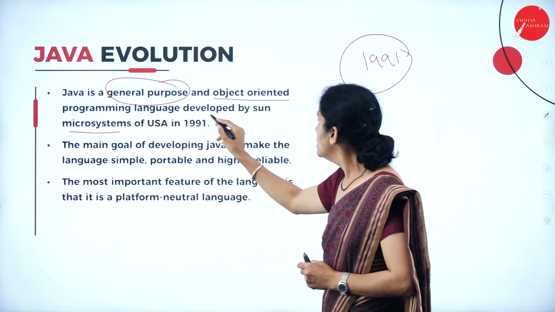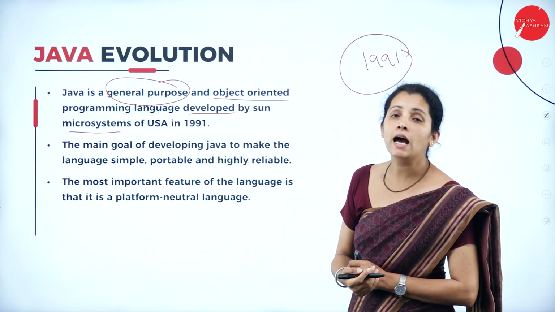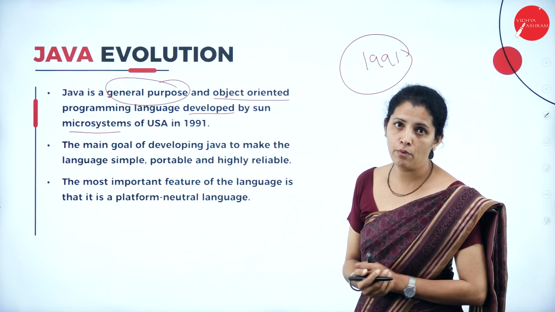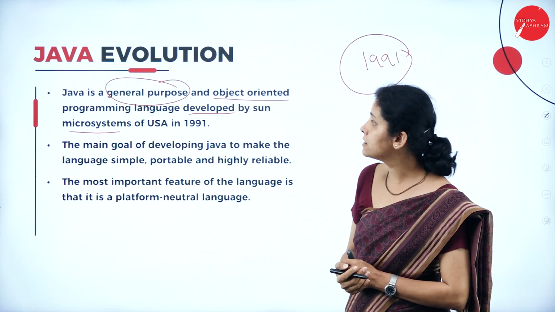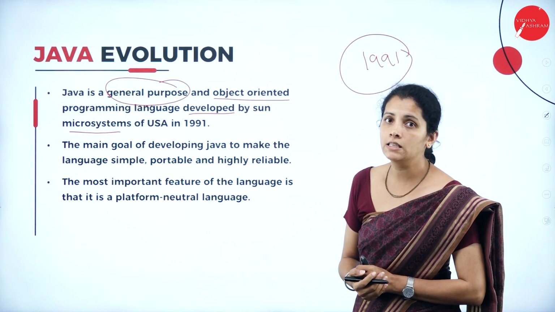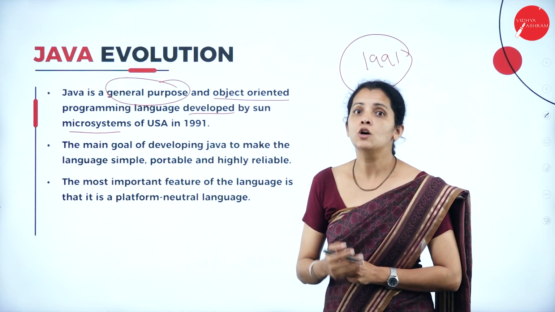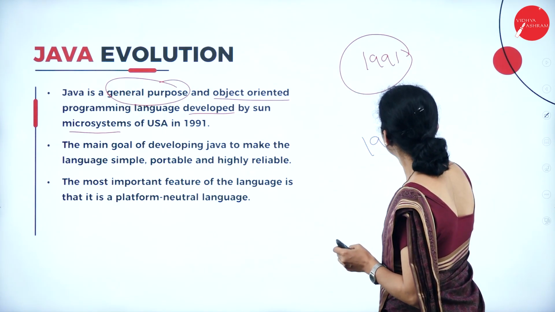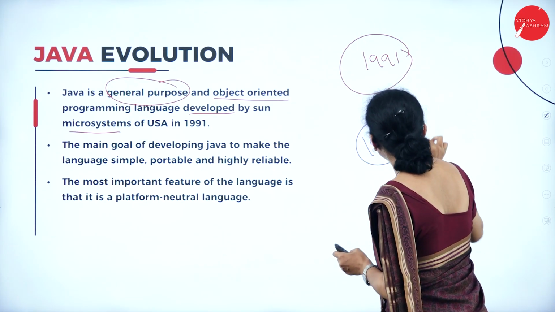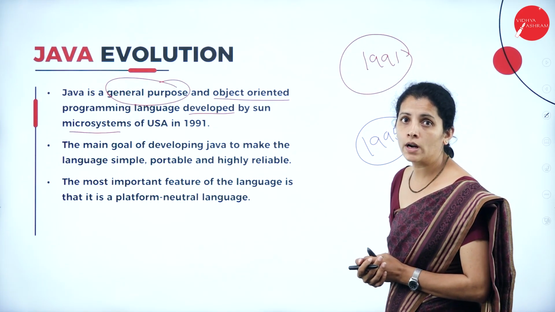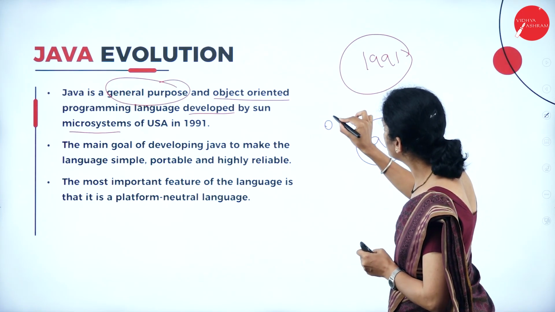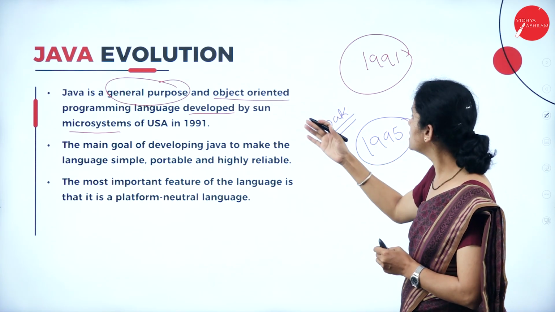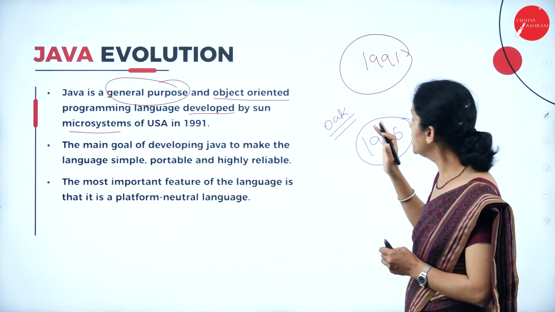And it is developed by Sun Microsystems in the year 1991. And who is the father of Java? That is none other than James Gosling. So dear student, before 1995, the name of the Java program was OAK. So what is the first name of the Java program? That is OAK. And in the year